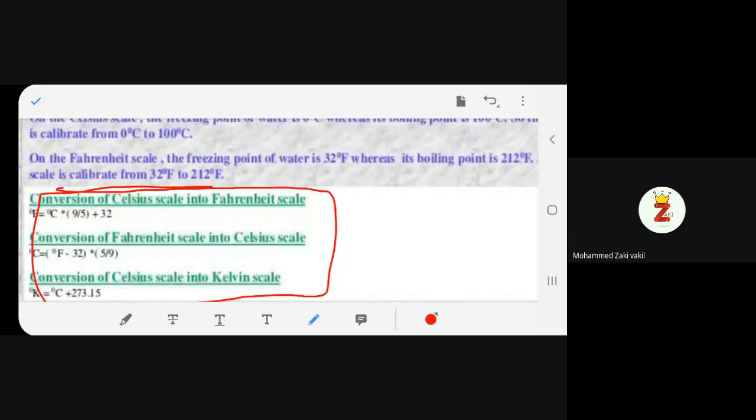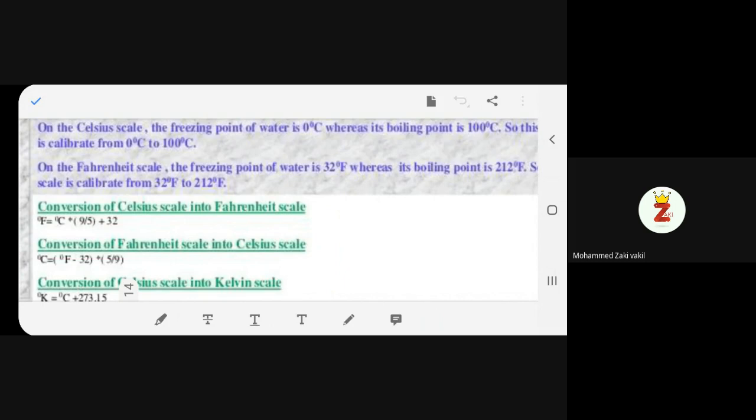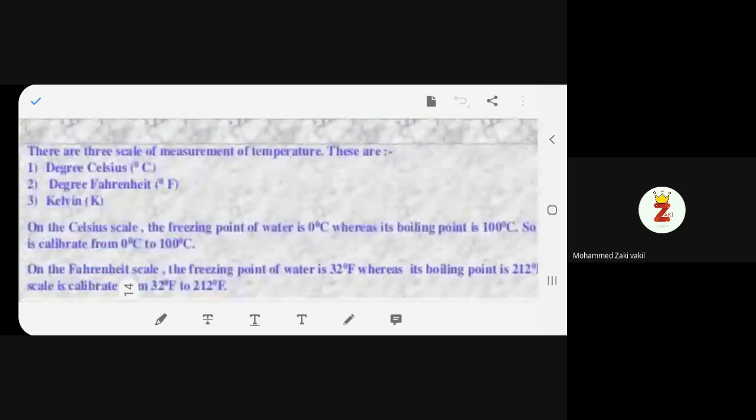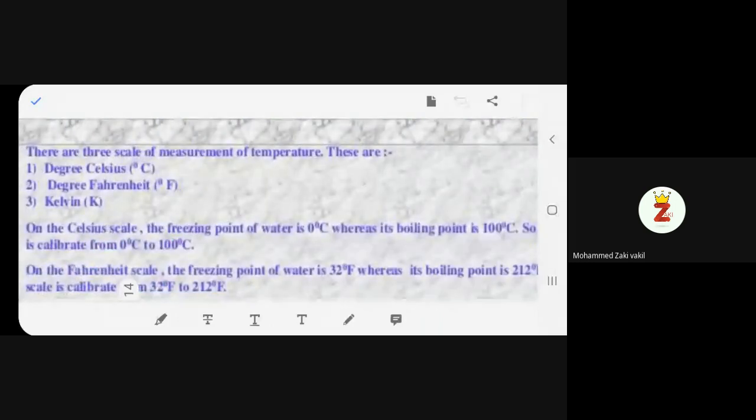That's okay, but you are too young. You are in seventh standard, so this conversion may be a bit difficult for you. So just to have a know-how, just to see that this is the conversion formula of Celsius into Fahrenheit, vice versa, and Celsius into Kelvin scale. You should know about it, and that's it. So no calculation. Is it clear? So it is important till here. Is it clear to all of you?